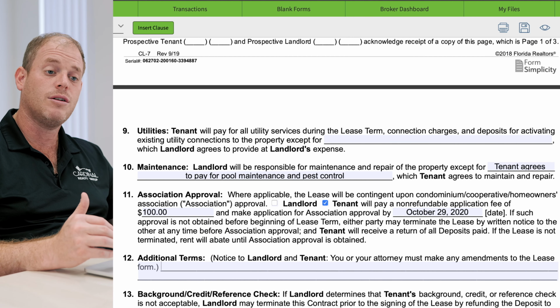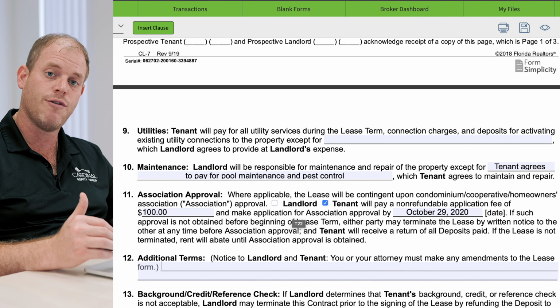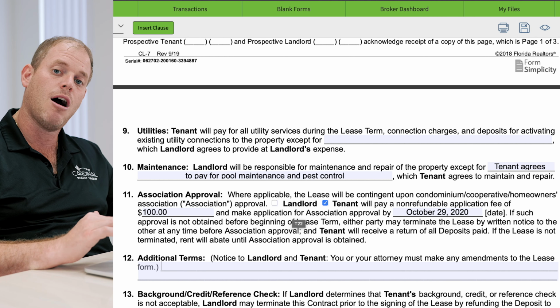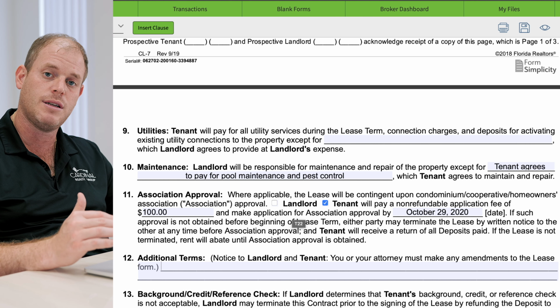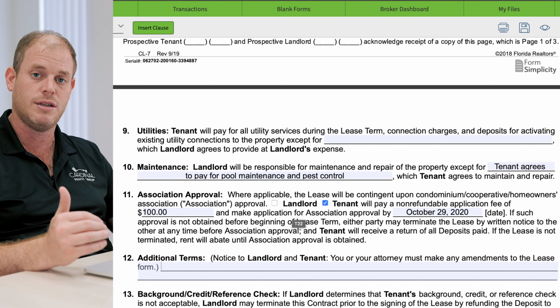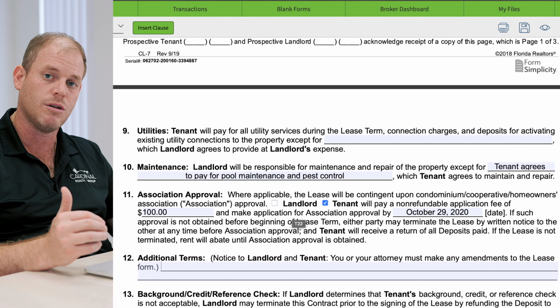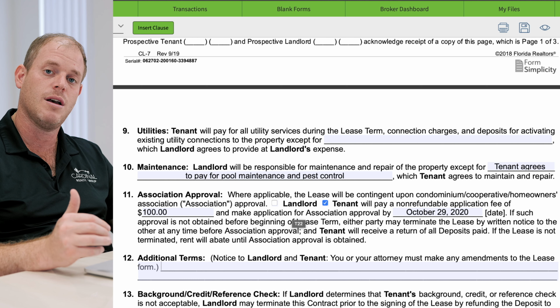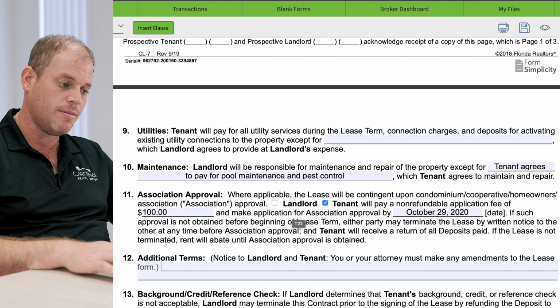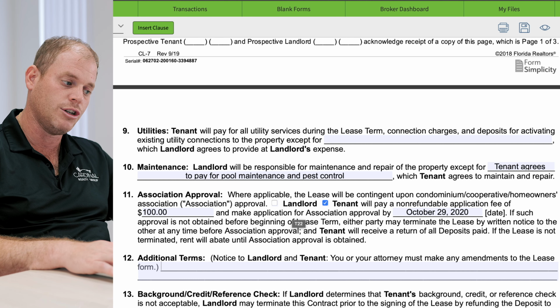Also, guys, just a little tip about the association information. Oftentimes you will see that the application fee price and the maintenance dues are listed on the MLS listing as well. So just a little tip, you can find some information there a lot of the time on the MLS listing.